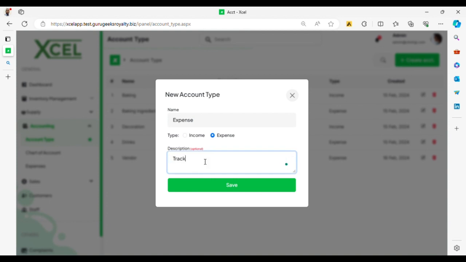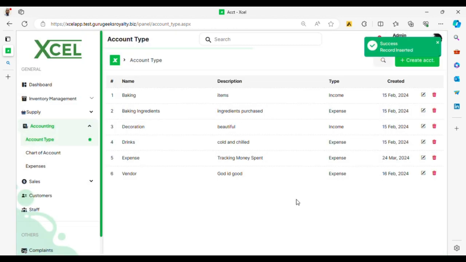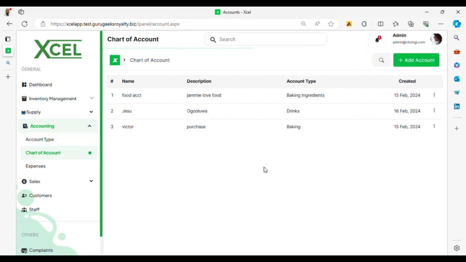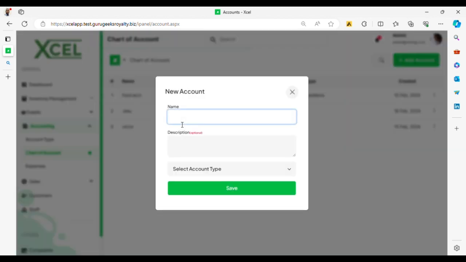And then I save. Now our expense account has been created here, and to create specific ledgers inside our account, since I've created an expense account and I want to track specific expenses, what I will do is just go to chart of account, select add account, and then because we spend a lot of money on logistics, I just select logistics here as a ledger, and then